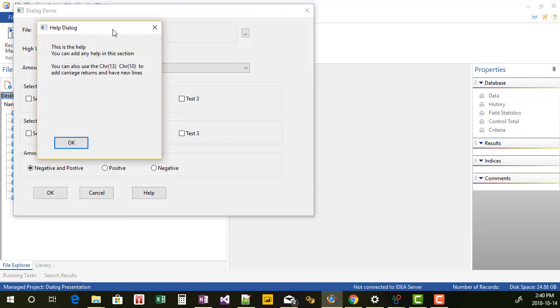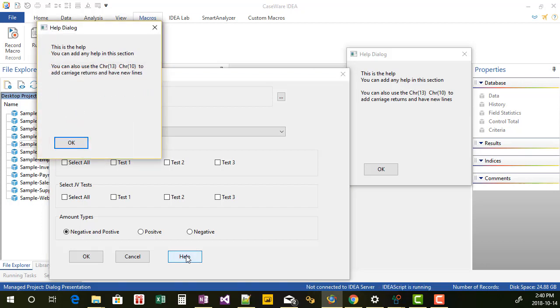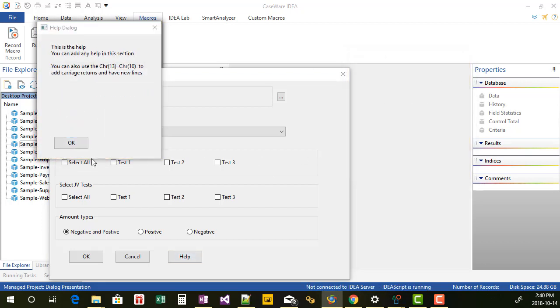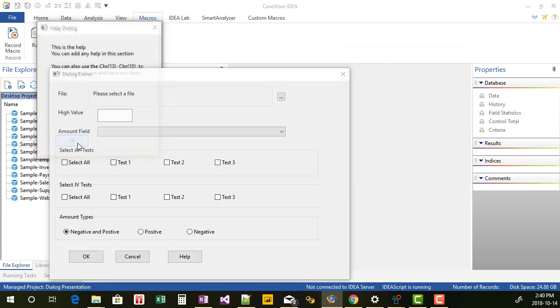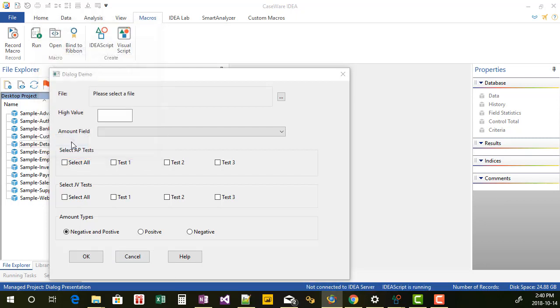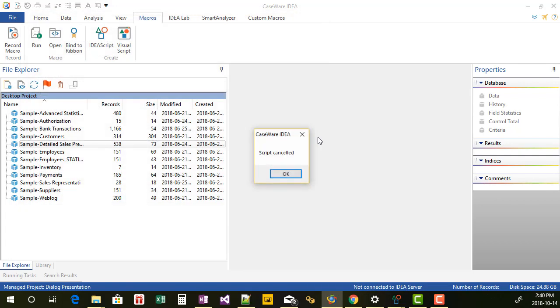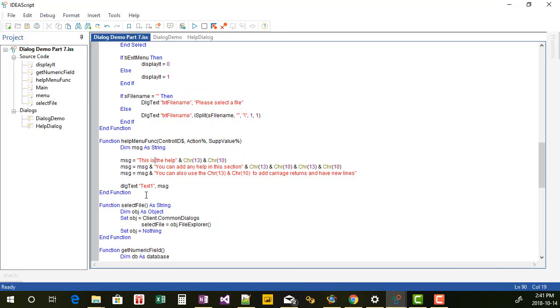Now there's one problem still with this, is if I hit help, it creates another help, and help, and help, and help. So we don't want to do that. We only want one help open at a time. So that's our next step. Because if not, it can get fairly complicated quickly, and if you hit help too often, you may encounter errors. So how I do that to make sure that I only have one open is I'm